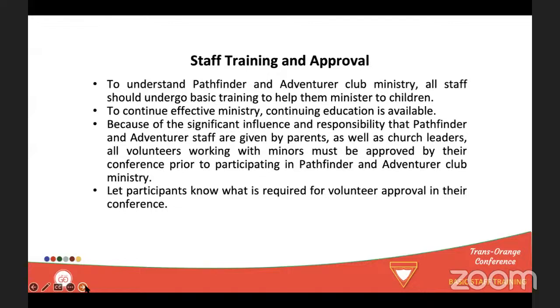To take the first point there, where it says we need to undergo basic training. This is the basic training that we are doing, and there is continued education. I want to believe that in some districts right now we are looking at the club ministry as a whole, but you may realize that we are not getting deep into the curriculums. So the area coordinators and the federations also provide these trainings to make sure that we are equipped and we are able to deliver